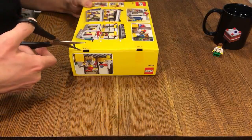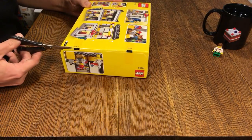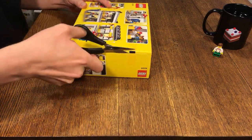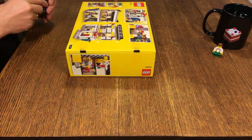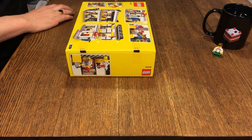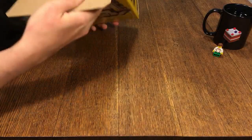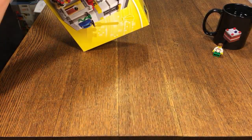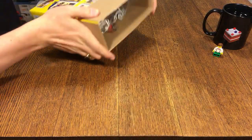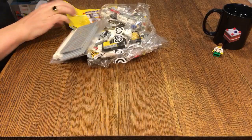And yeah, we are getting into the 4305, which is the Lego brand store. It's a set I've been looking forward to building for some time because it is a wonderful little set. I've seen it out and about on different channels, of course, seen different reviews and all that. And what I hear is that it's pretty good. What people might be missing a bit is that this is not a full building. This is much more akin to the...